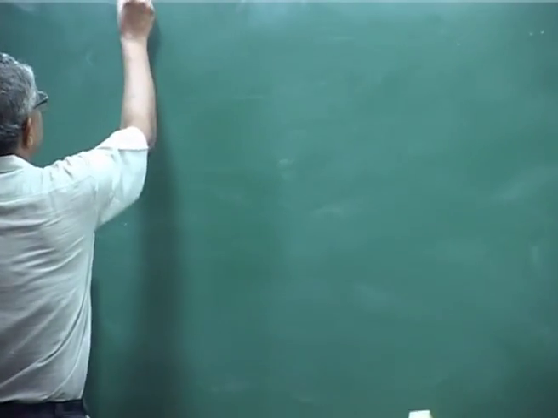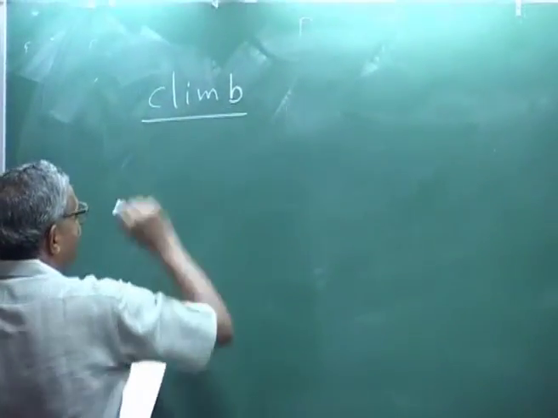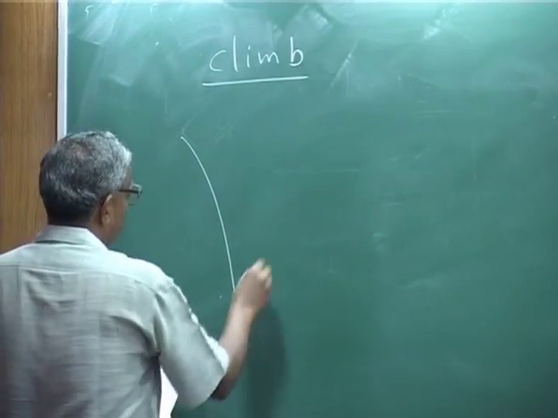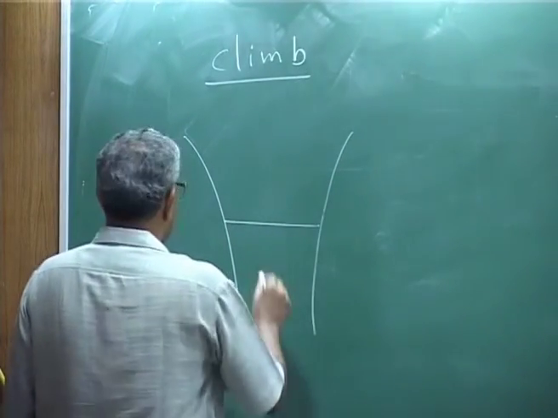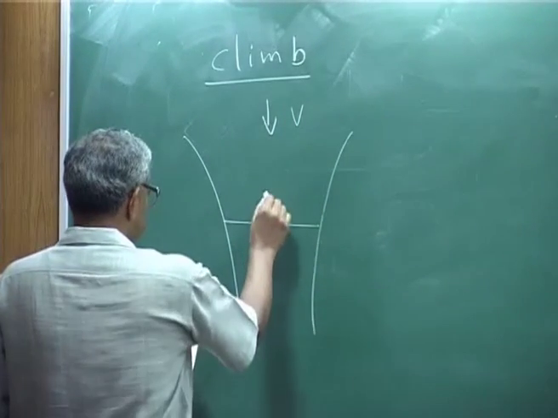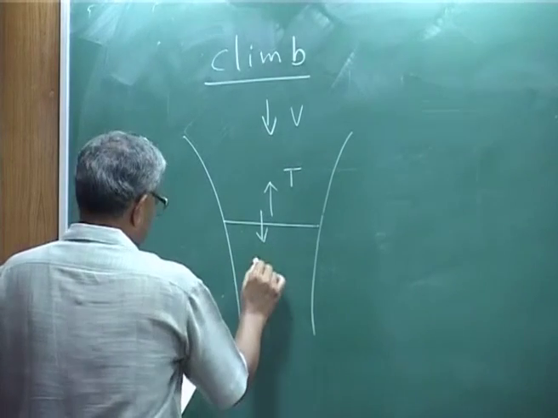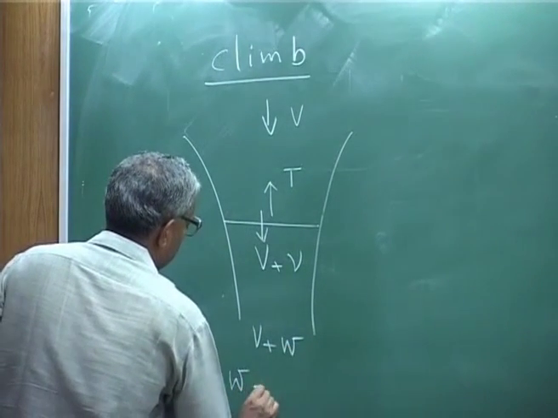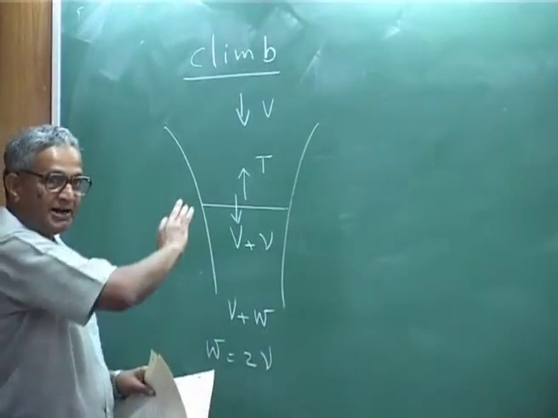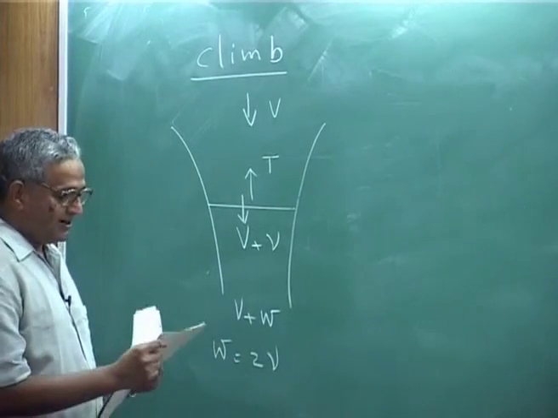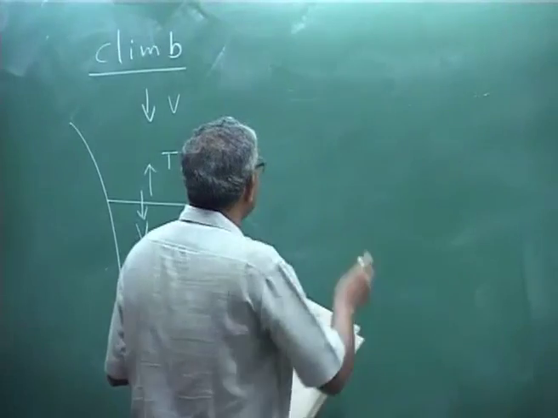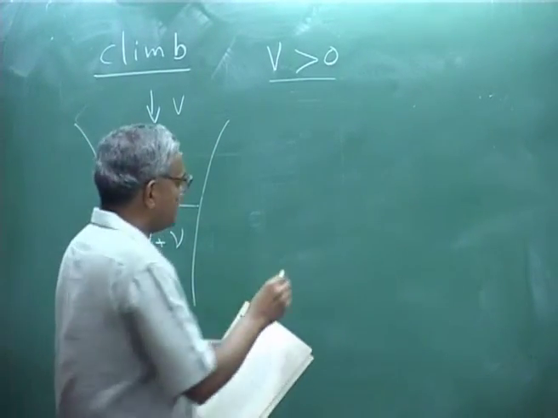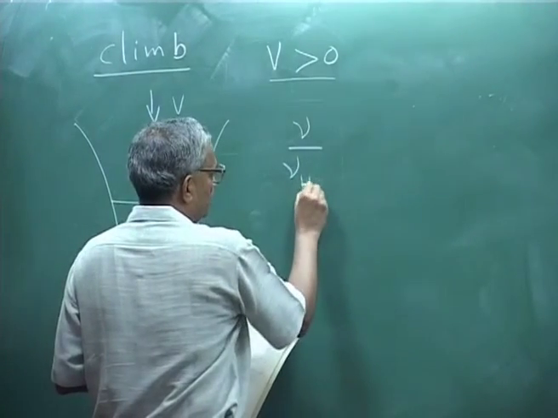We derived the climb and descent. Okay. We had the climb condition and we derived the expression, that is V is positive in this, and we got the expression for induced flow as